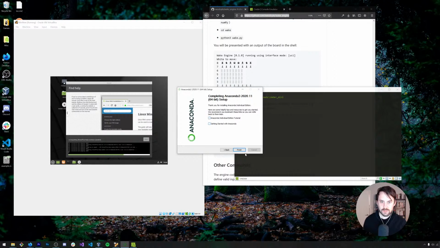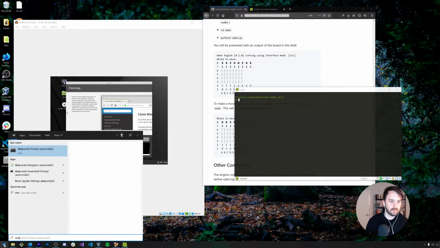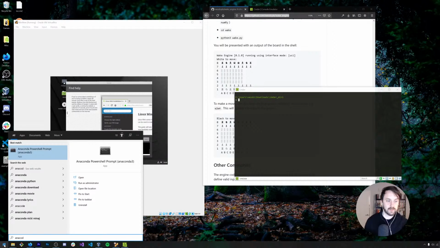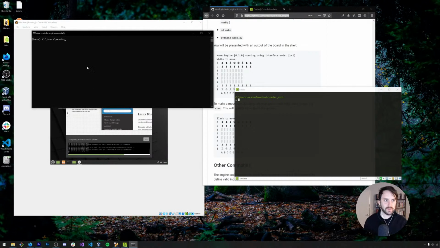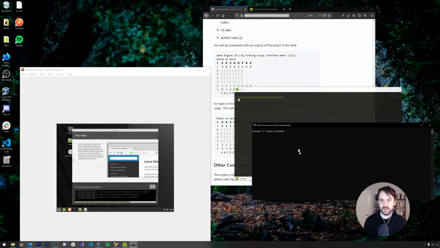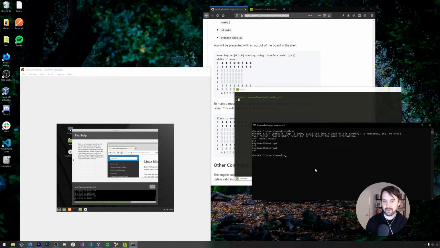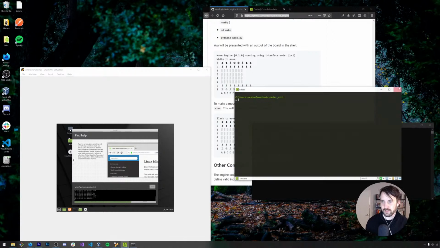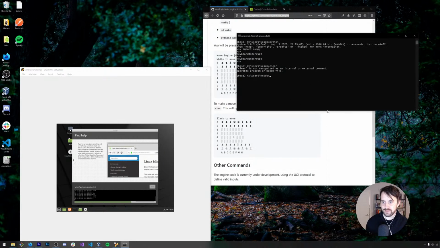Anaconda, I don't want getting started. I don't want individual edition tutorial. Anaconda Powershell prompt. Anaconda prompt. This is what I want. Did Anaconda do magical numpy installs? Python 3. Import numpy. Oh my goodness. Wow. Okay. Anaconda, you are crushing it right now, except that it's unfortunate that I had to install you to get it working.